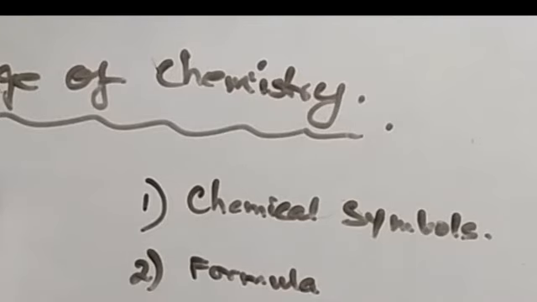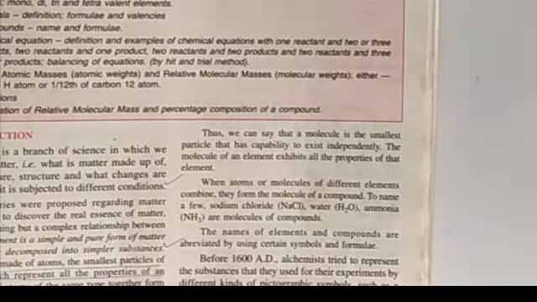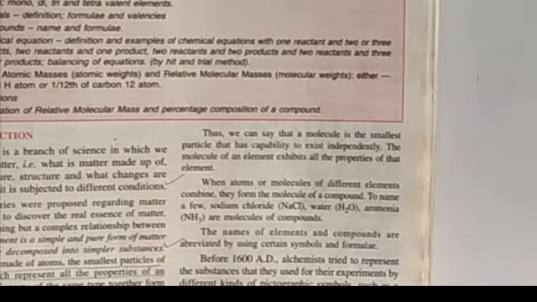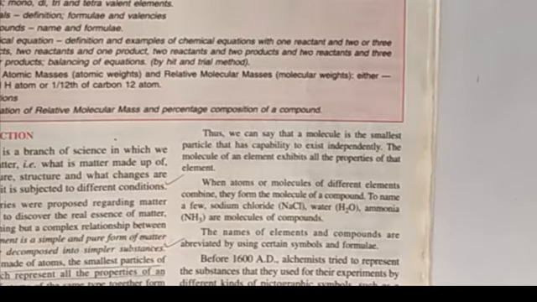Atoms can be of the same type. Atoms can combine to form molecules of similar types or molecules of different types. When they form molecules of similar types, they are known as the molecule of an element. When atoms of different elements combine to form a molecule, it is known as the molecule of a compound. We have already done all these things in lower classes. This is just the continuation to begin the lesson.